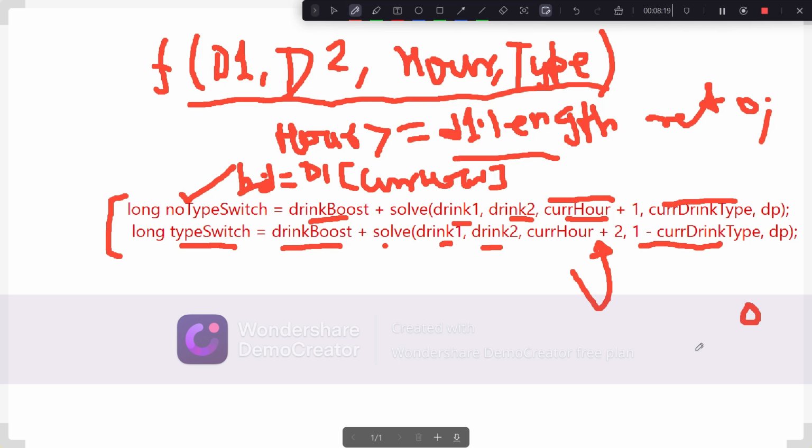So if we change it to 1 minus 0, this will become 1, right? So type would be automatically changed to 1. So this would be my recursive approach. Now in this recursive approach itself, if we do the memoization, basically if we pass a 2D array which